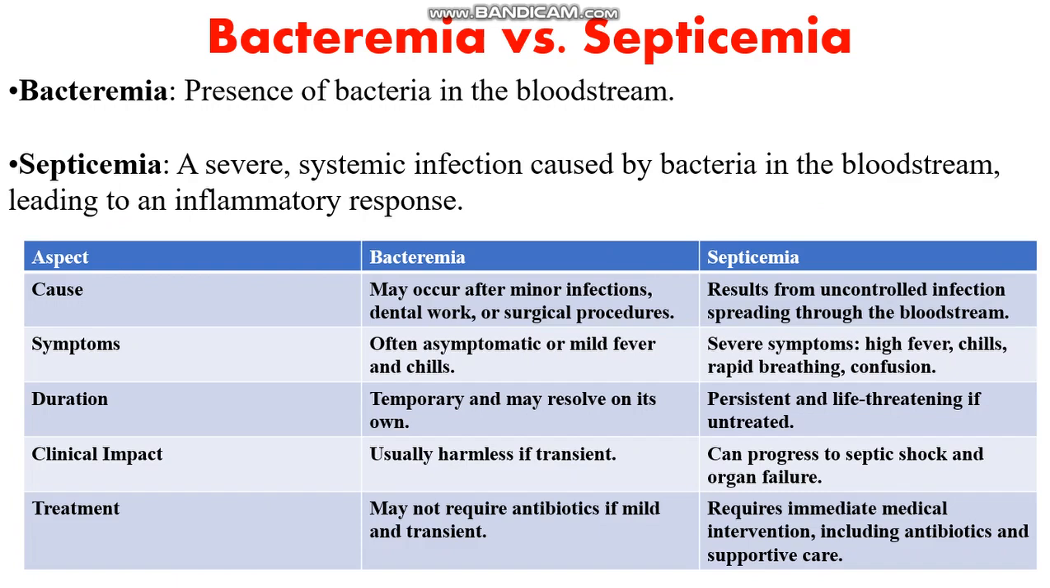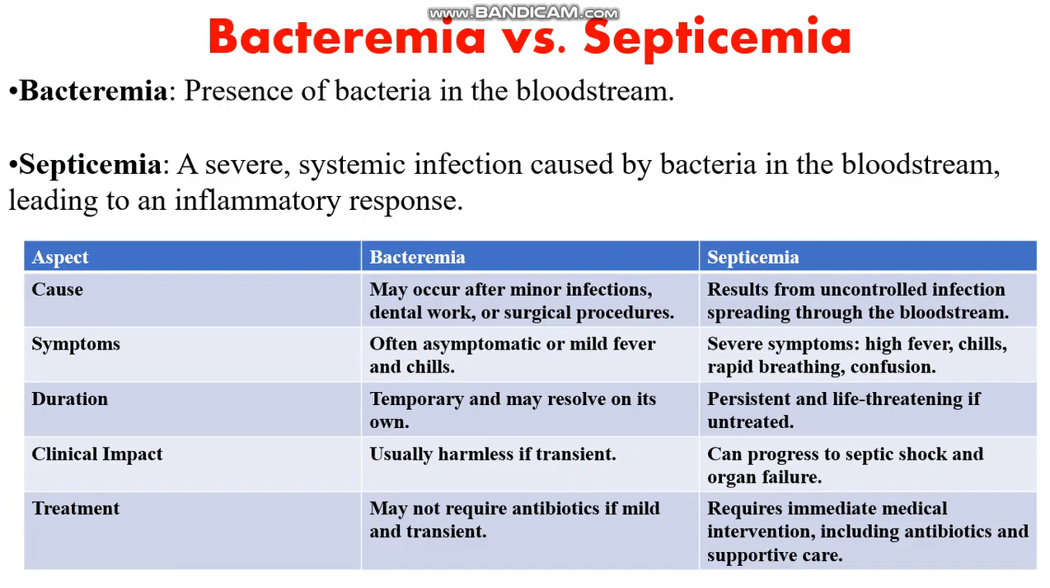after dental work or a surgical procedure, while septicemia is the result of uncontrolled infection spreading through the bloodstream. The symptoms of bacteremia are usually mild, often asymptomatic, or a mild fever and chills. Severe symptoms, on the other hand, occur with septicemia, like high fever, chills, rapid breathing, and confusion. Usually,